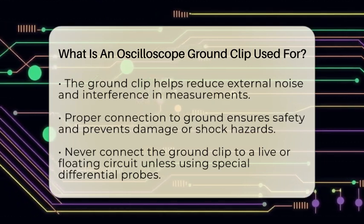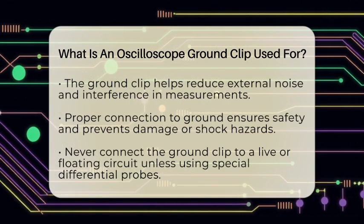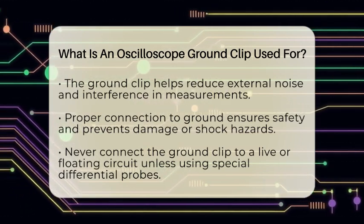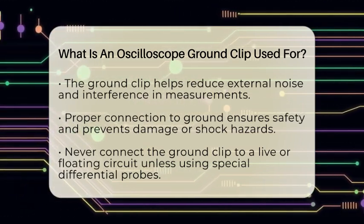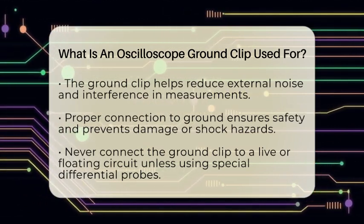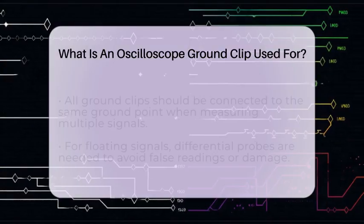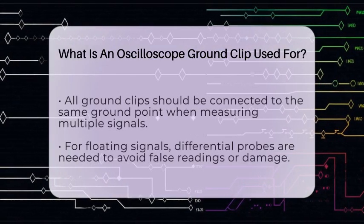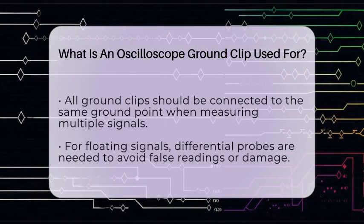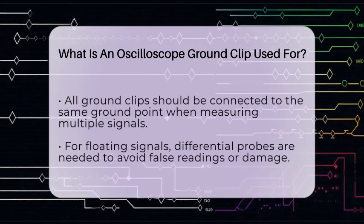Safety is another big reason for using the ground clip correctly. If you connect it improperly, especially in circuits connected to mains electricity, it can cause short circuits or damage your equipment. It could also pose a shock hazard. That's why it's important to always connect the ground clip to the circuit's designated ground or earth point. Never connect it to a live or floating part of the circuit unless you are using special differential probes designed